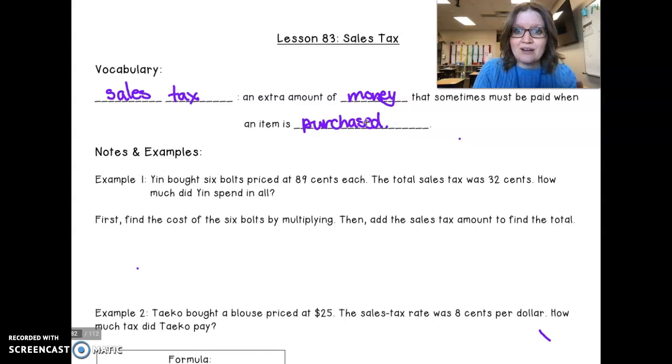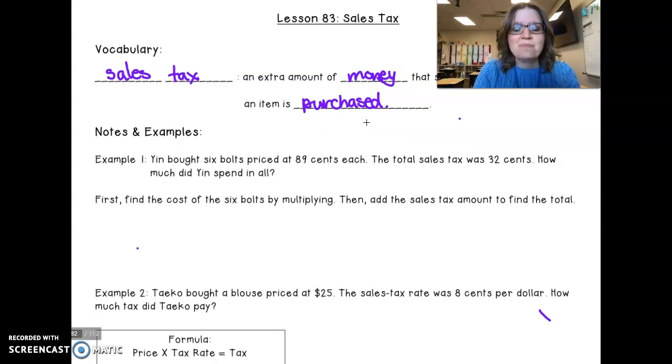Now, let's begin with our first example. Yin bought 6 bolts, priced